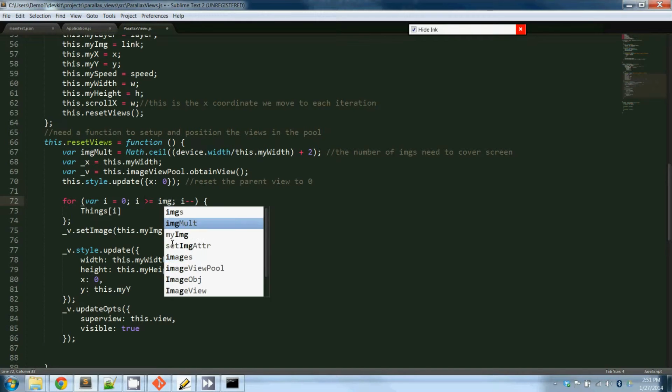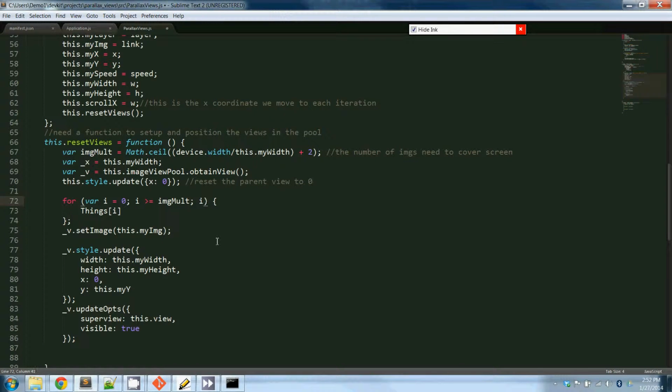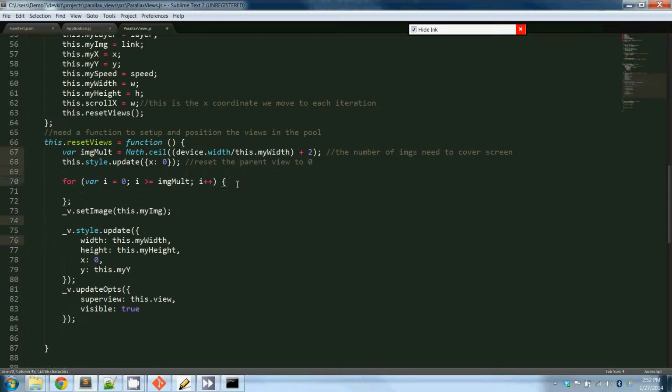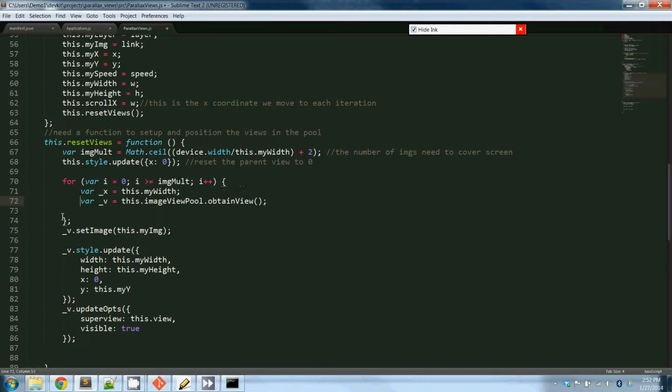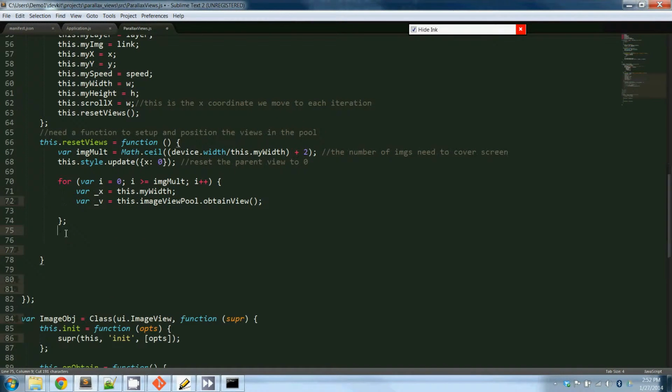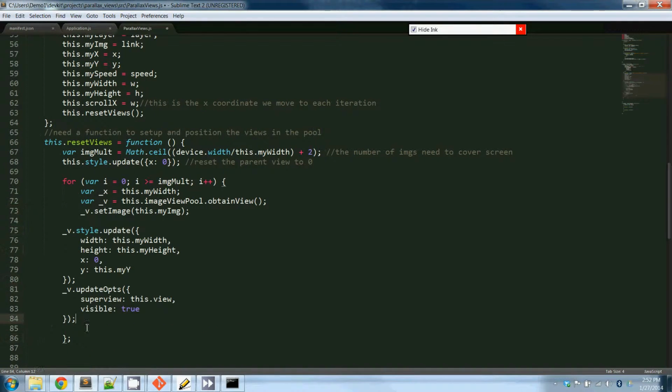So we're going to change a few things here. While i is less than image multiply, then we're going to increment this loop, and we're going to throw these variables inside of the loop, and we're going to throw all these things inside of the loop. So once we have those in there,